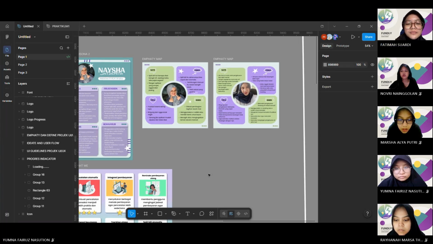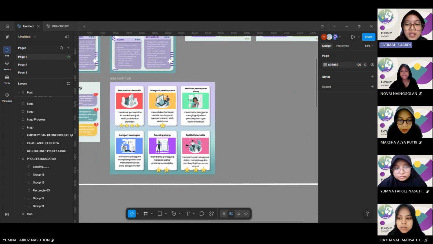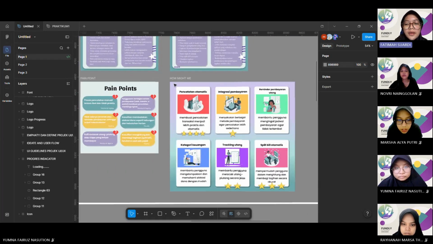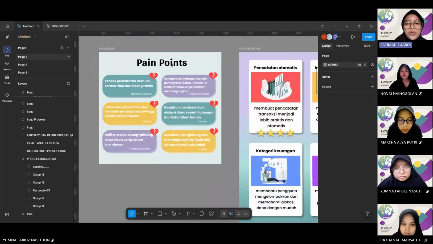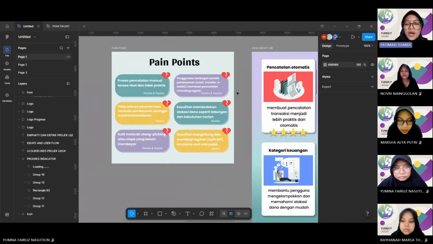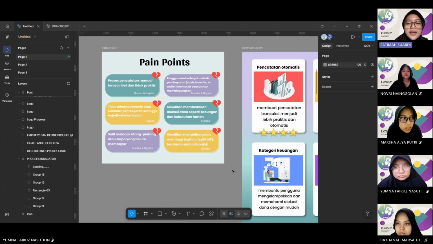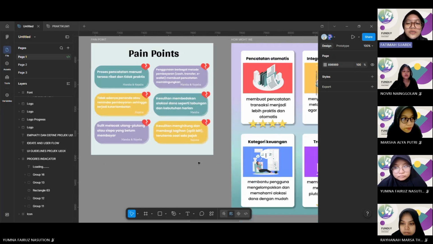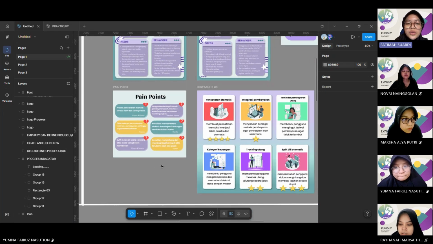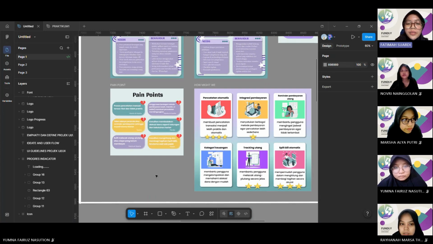Based on observation through user personas and empathy maps, several key pain points were identified as the main issues. Users still track their finances manually, so they often forget to record transactions and have difficulty understanding their financial situation. Additionally, the lack of a reminder feature causes users to frequently be late in recording expenses or paying bills. When splitting bills, users also have trouble calculating a fair division of costs, distinguishing between needs and wants in their spending, and tracking who hasn't paid yet.